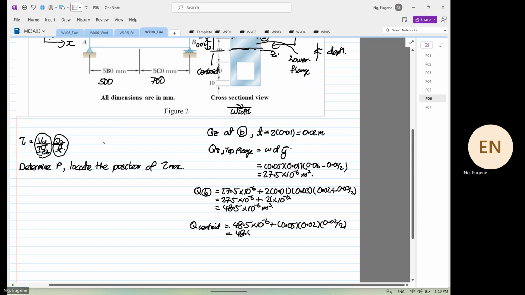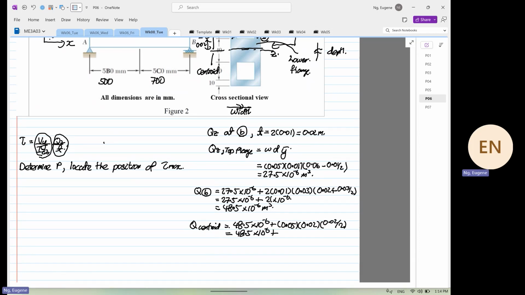48.5 times 10 to the power minus 6 plus 0.02 times 0.02 divided by 2 times 0.05, which is equal to 10 times 10 to the power minus 6. Okay, so I will do again 0.02 divided by 2 times 0.02 times 0.05. Okay, so over here you have 48.5 times 10 to the power of minus 6 plus 10 times 10 to the power of minus 6 is equal to 58.5 times 10 to the power minus 6 meter cube. Okay, so now from here, then we can locate